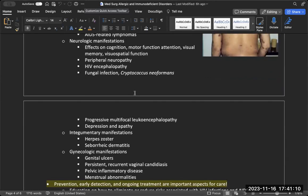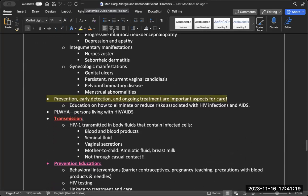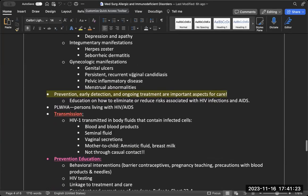They might have neurologic manifestations, so mental status changes is something that we want to watch out for. Also depression and apathy. Apathy is like loss of emotional responses. Skin changes, they might develop herpes, and they also have gynecological manifestations. So they might have genital ulcers, okay? They might have recurrent vaginal candidiasis, right? They're going to have recurrent infections because their immune response isn't as good because it keeps decreasing as you have